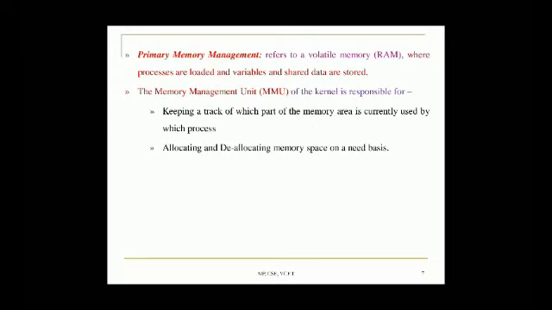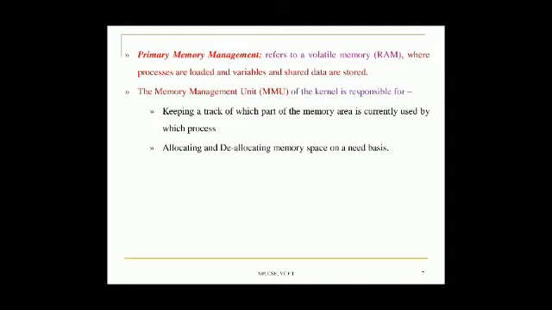Coming to our next important service, primary memory management. Yes, as I have already said, allocation of the memory is supposed to happen, and that allocation is going to be taken care of by primary memory management. This primary memory management service offered by the kernel in the operating system basically refers to allocation of the RAM, which is volatile in nature.